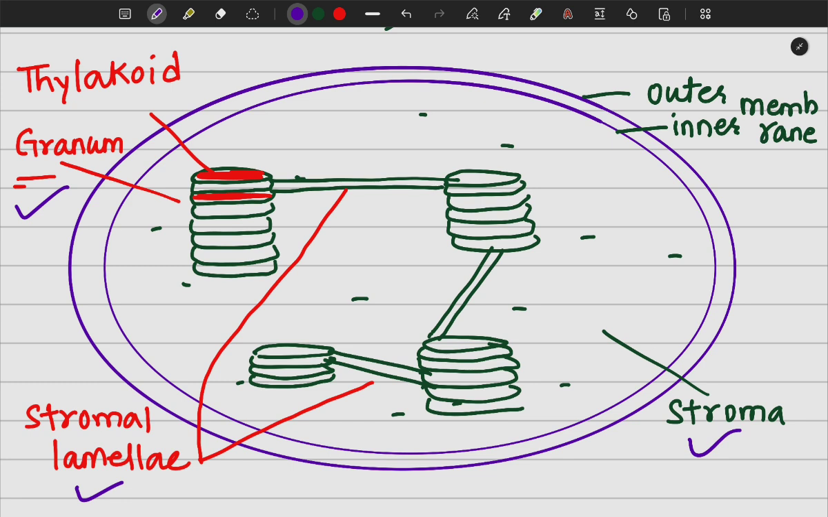Alright, so the membranous system of the chloroplast is made up of stroma, which is the cytoplasm of the chloroplast. Then inside the stroma we have granum, and the granum are connected to each other through the stromal lamellae. So the stroma, grana, and the stromal lamellae together constitute the membranous system of the chloroplast, and they are responsible for carrying out photosynthesis. Now besides these structures we will find some ribosomes,